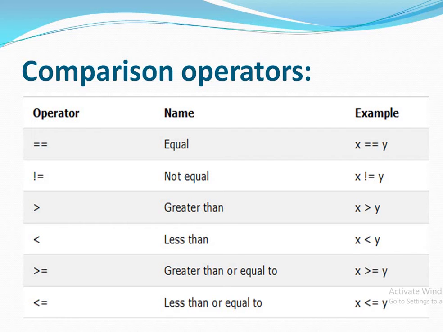So if the left hand side variable is greater than the right hand side variable, then only the greater than operator will return true, otherwise false. In that way you can perform less than, greater than equal to and less than equal to, all the comparison operators. So I think I am clear enough in case of comparison operators. Comparison operators perform some operation between the left hand side variable and the right hand side variable, check whether the operation is true or false, and return either true or false only.